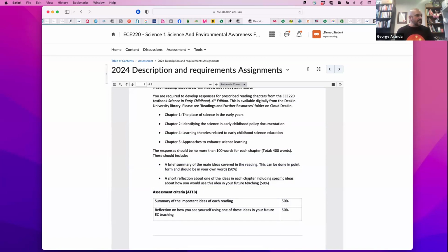And then I want you to write a short reflection, a couple of sentences about one of the ideas from each chapter and how you're going to use that in teaching. Okay, it could be on how to use questioning, how to use play-based learning. All these kinds of things could be done. Okay,